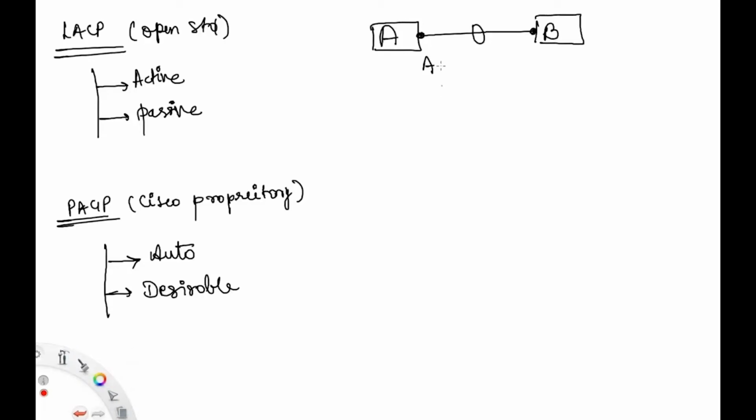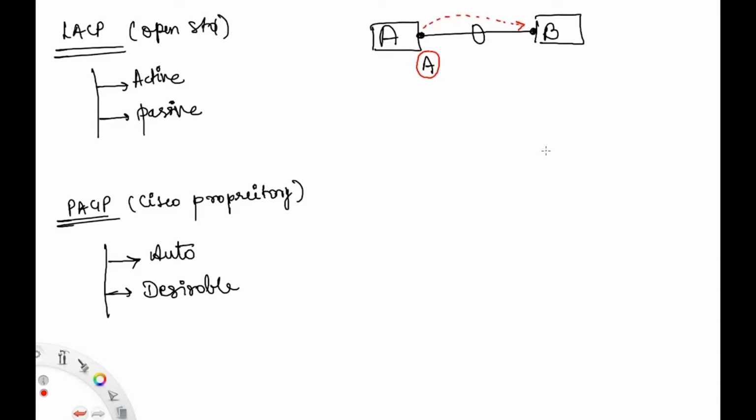So please do make note and please do remember, whichever interface is configured as active, the port on that particular box is going to be initiating the conversation or the negotiation first. What kind of negotiation? Whenever you are aggregating multiple links into a port channel, certain interface level configurations are exchanged to make sure that they are consistent across both sides. Interface level configurations like, for example, the speed of that particular interface, it could be the MTU, it could be anything,